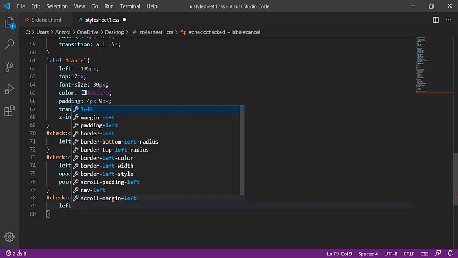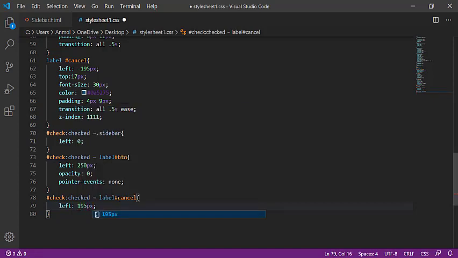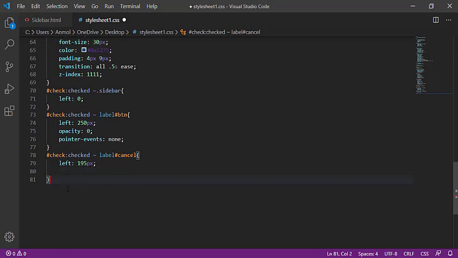In this, I am giving the left 195 pixels. Again pasting it, and labels when the button check will clicked, it will similar to the section.